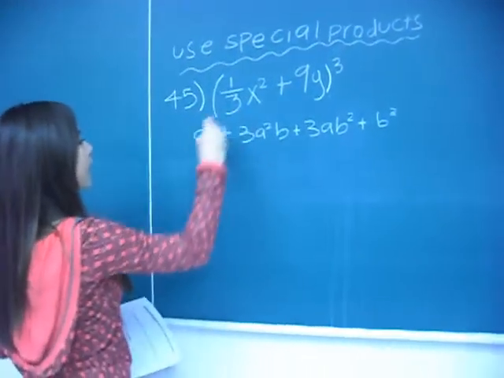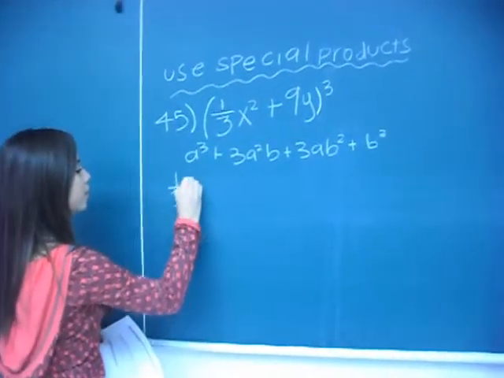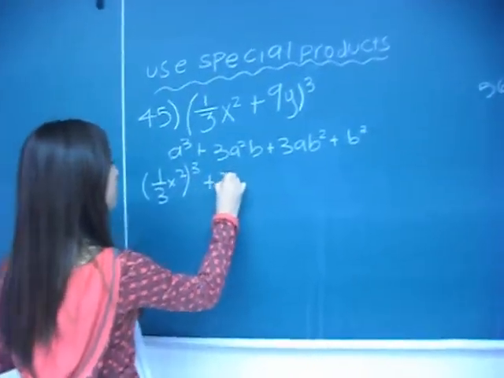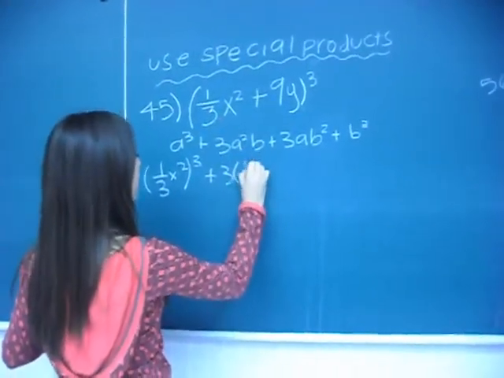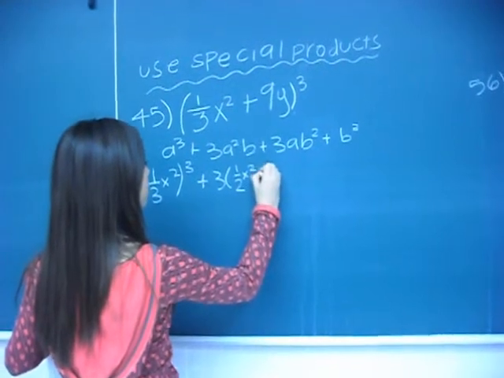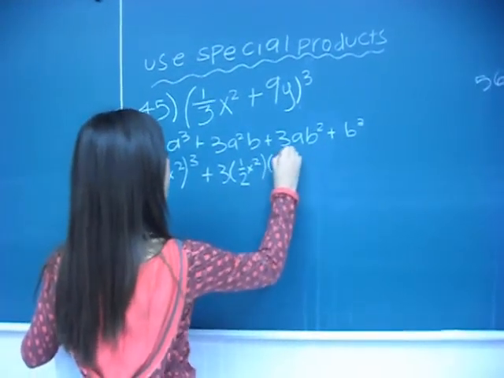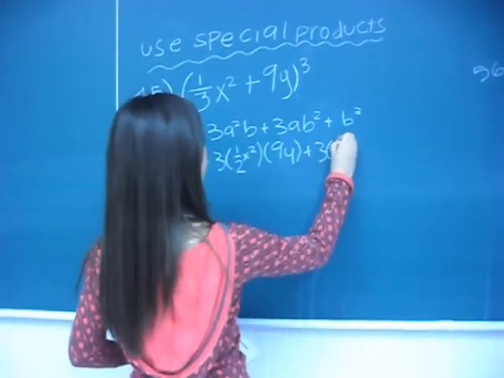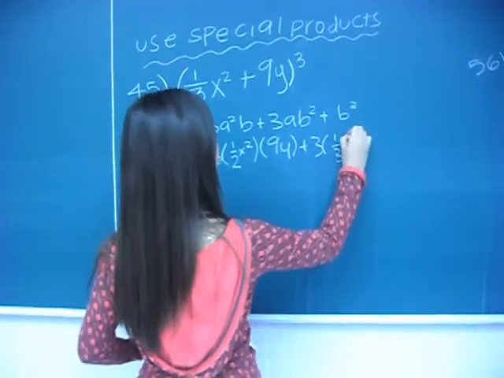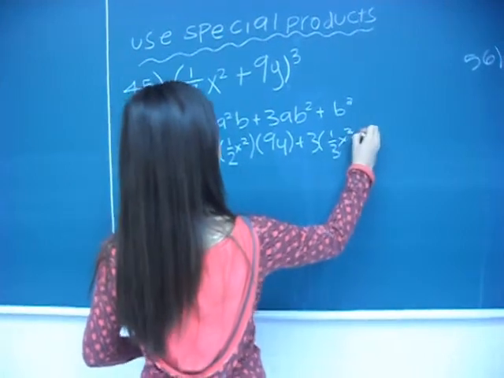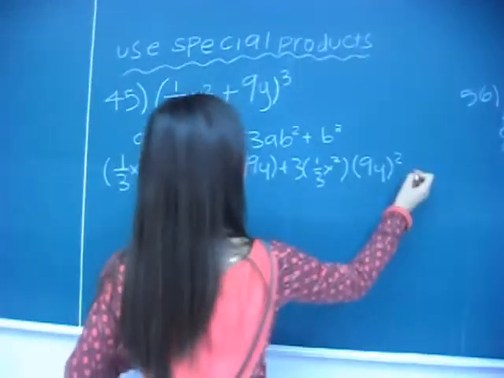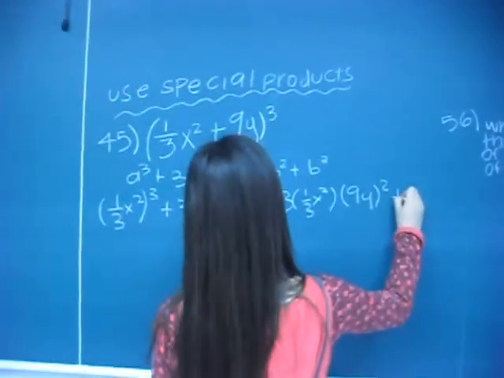And so you put a 1 over 3 x squared cubed plus 3 times a times b plus 3 times a times b squared plus b